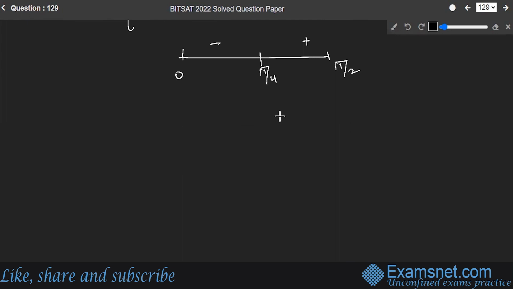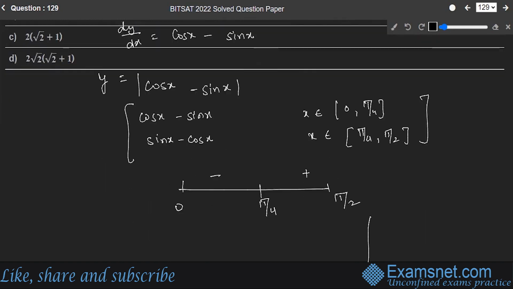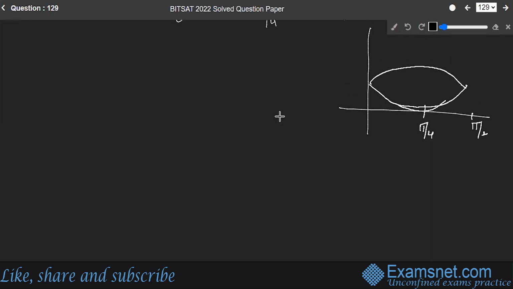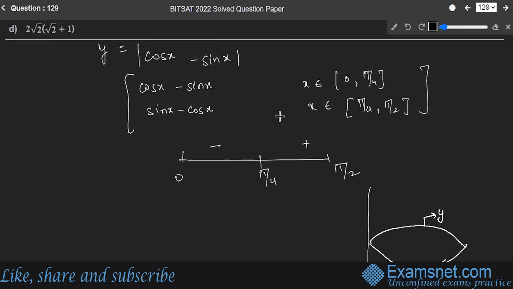Therefore, the required area will look something like this if I make it on this axis. So this curve is going to look something like this, touching the axis. This is at pi by 4, and this is pi by 2. And this is the line y is equal to, okay, I'll write about the lines later. First of all, the required area will be